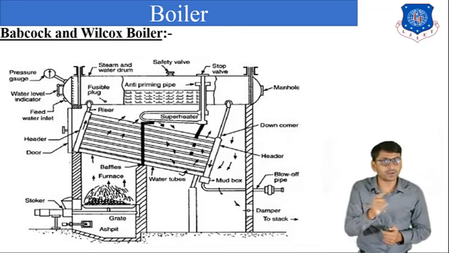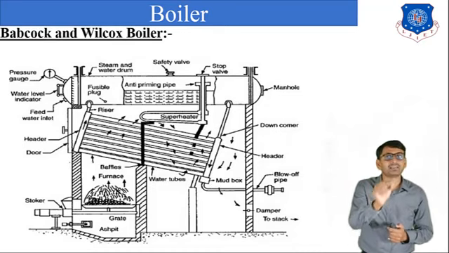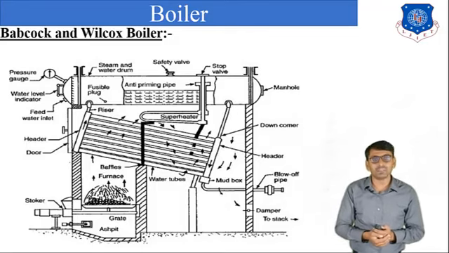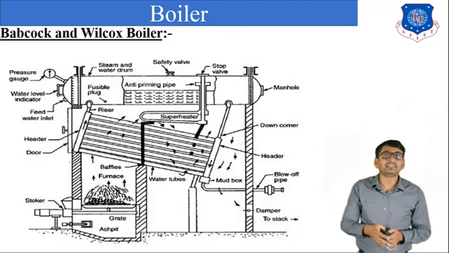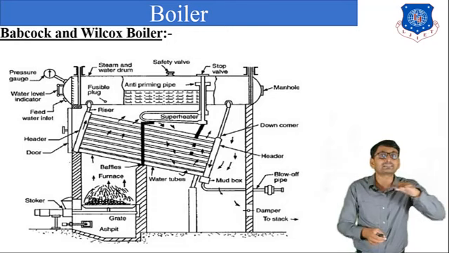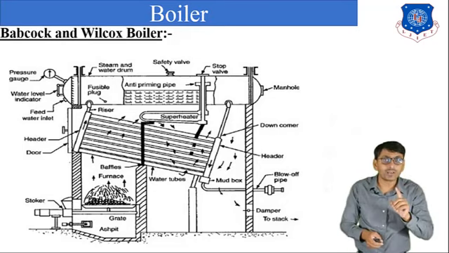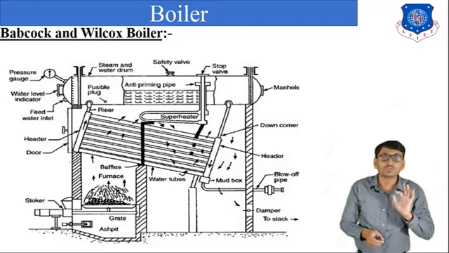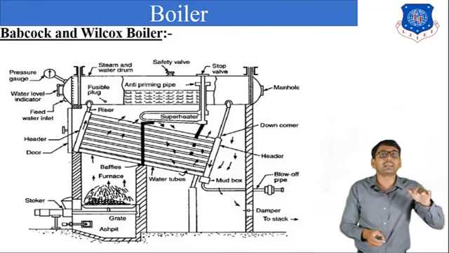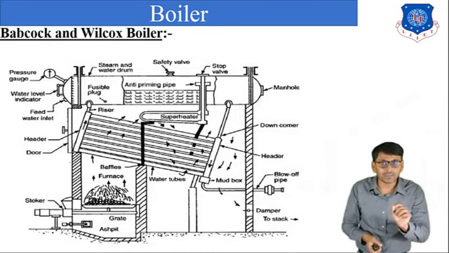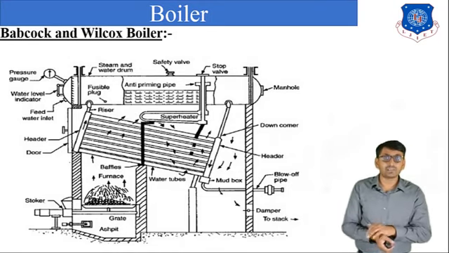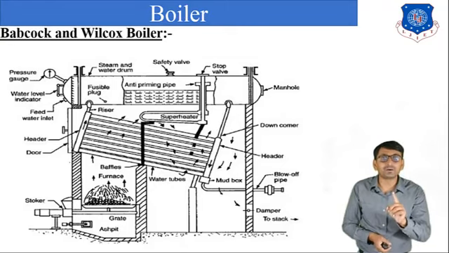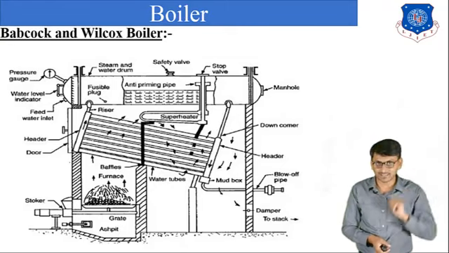So there is heat transfer between water and high temperature gas, water is converted into steam, and this steam is transferred into the drum, and this steam collects at the upper side of the drum because it has lower density than water. So steam collects at the upper side of the drum, and this steam is supplied to a particular application from the steam stop valve. So the steam stop valve is used to transfer steam to a particular application.